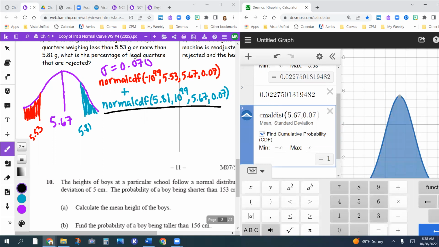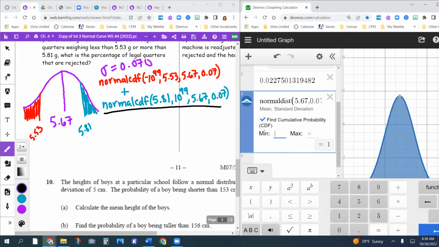And I'm going to go from 5.81 to infinity. And you see, I ended up with the same thing. Okay, so both times I ended up with